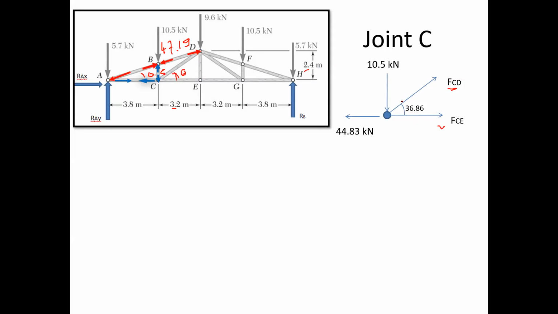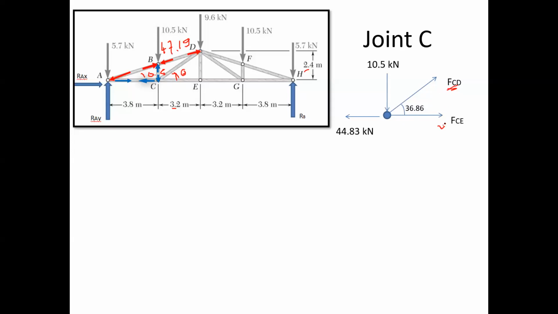Now again we have two unknowns. The force FCA we have already calculated, that is 44.83, and that is tensile in nature, no problem. And the force in member BC is compressive, and that is equal to 10.5 kilonewton. Okay, right. Now again we have two unknowns, so we can use conditions of equilibrium and we'll get the values